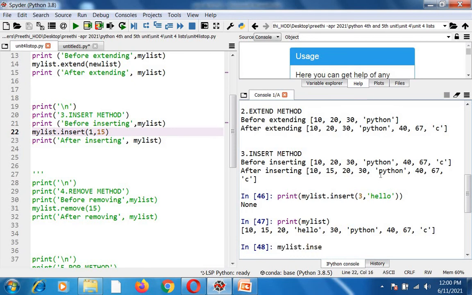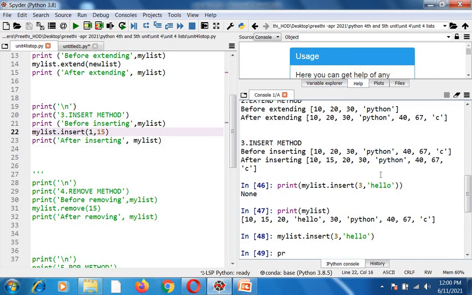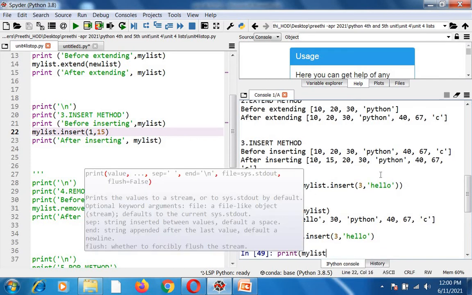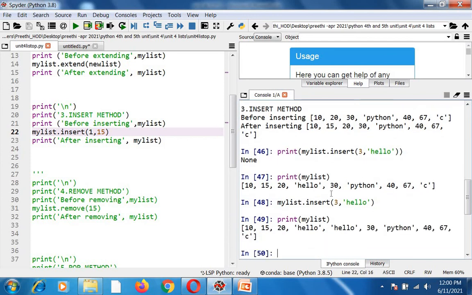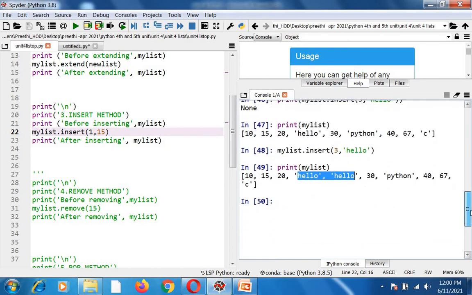Okay, print of my list. See here, I have inserted two times, so here I inserted and again I inserted, that is why it is printing hello two times over here. So this element will get moved to the next place. This is how you can do your insertion.